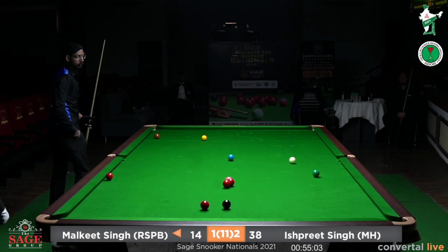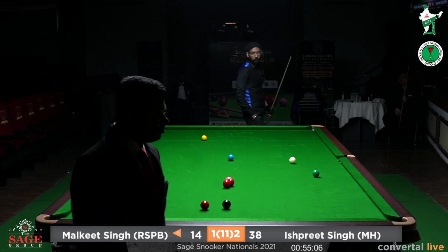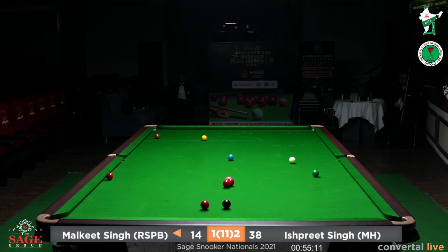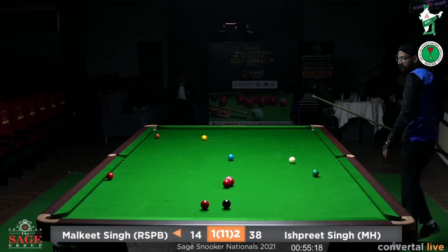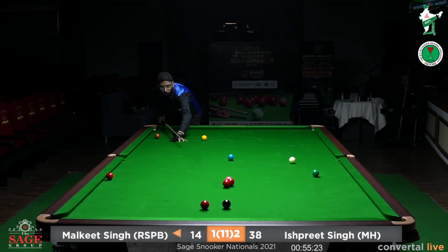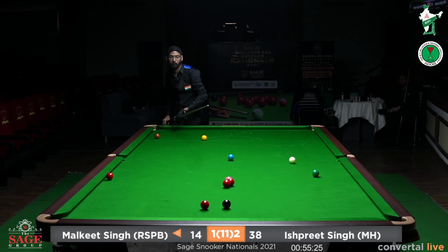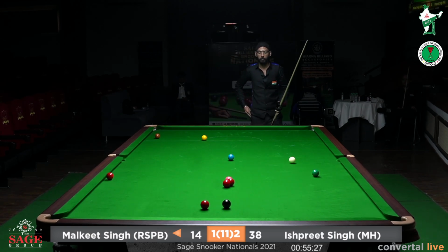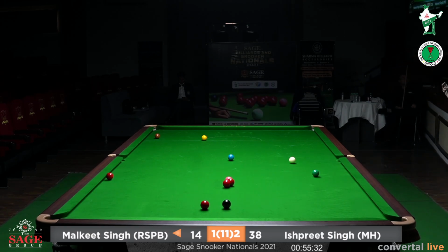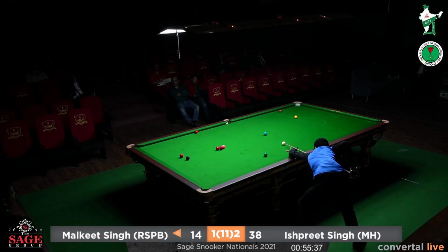Yeah, Malkeet is on the job now, but I wonder if he'll be able to get a usable position on the other red. He is on the wrong side of the blue. That's what he will have to think now. He's trying to find the best place to take the white, and from there he can take a long pot of the red which is below the pink spot,